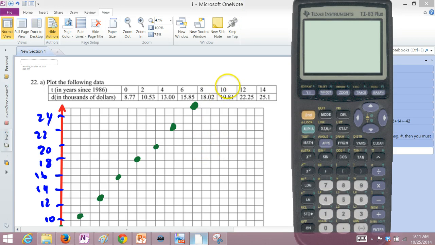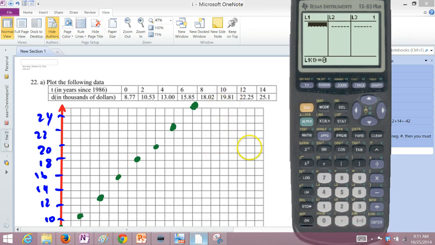We'll enter these into a table, stat, edit, and so L1 is going to be your inputs: 0, 2, 4, 6, 8, 10, 12, and 14. The output is going to be your D value, dollars: 8.77, 10.53,